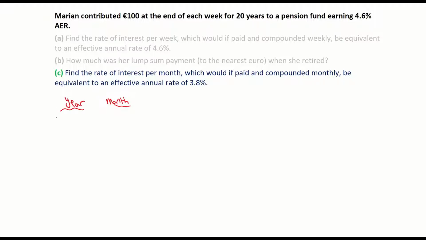Once again, I'm taking my 1 plus i to the power of t, coming from my compound interest formula. Again, I don't need the amount. You can put a 1 there as your P if you want. My interest rate for the year is 3.8%. Divide that by 100 to get it as a decimal, 0.038. So that will give me 1.038 to the power of 1, 1 being my time for 1 year,